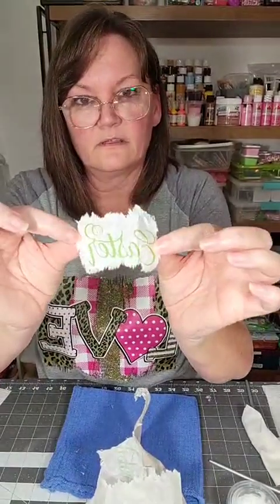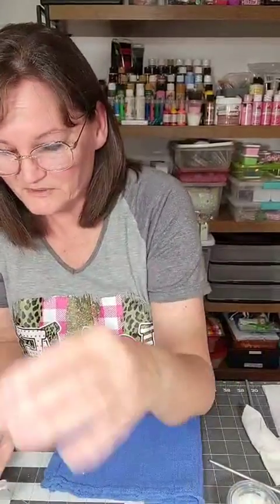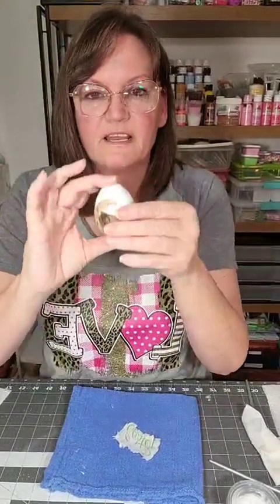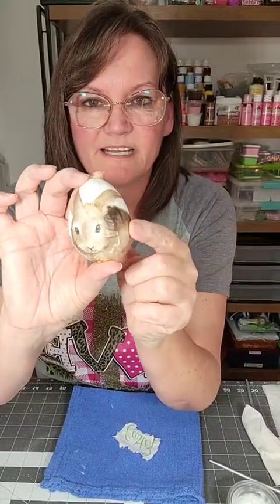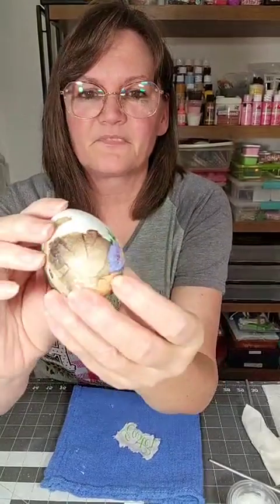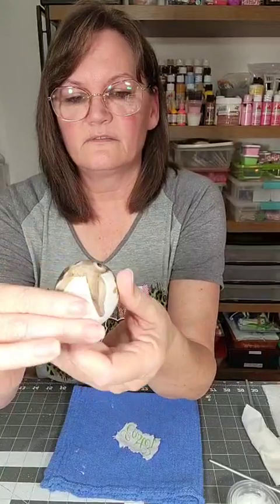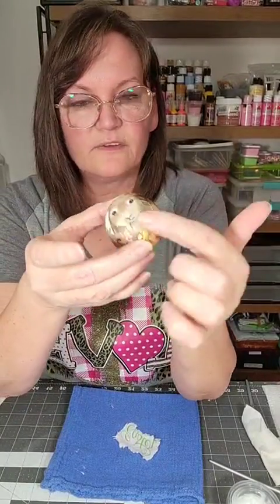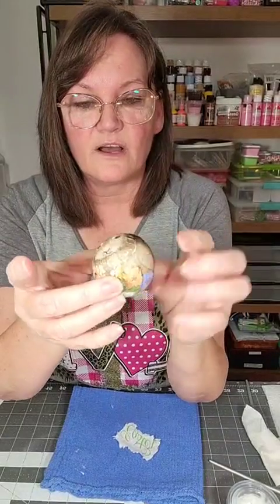Alright, so I have the word Easter. You love the bunny? I did too. I thought it was really cute. So here you can see my little bunny. I put him on, and yes, I put him on in pieces. I think a total of 3, maybe 4 pieces to get him and the flowers that he was sitting in